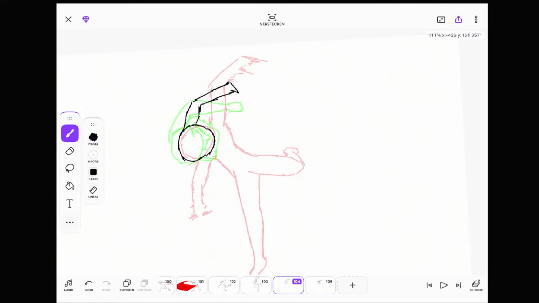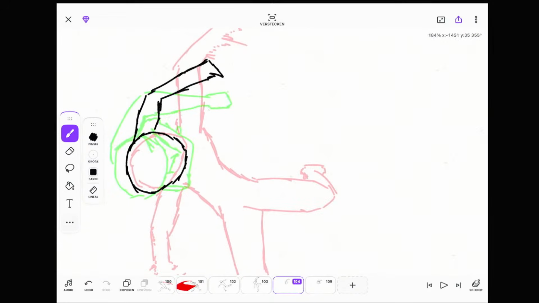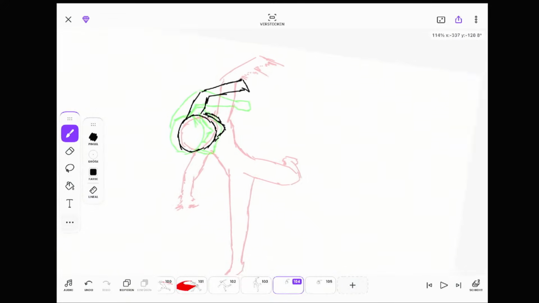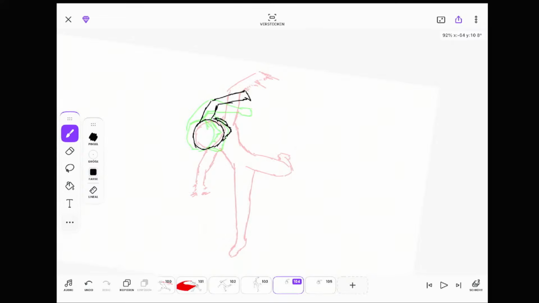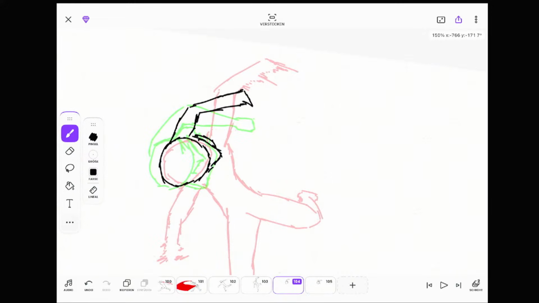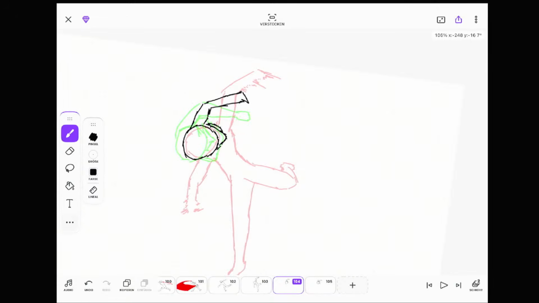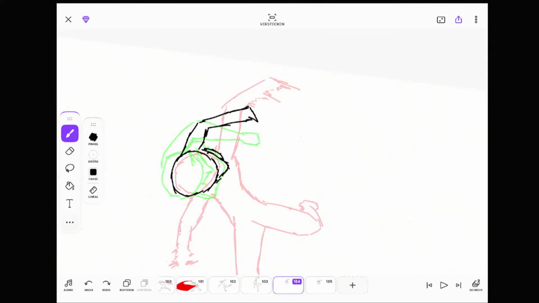So what are we doing right here? Draw the body. What do I do with the leg? So this leg is a little bit easier.